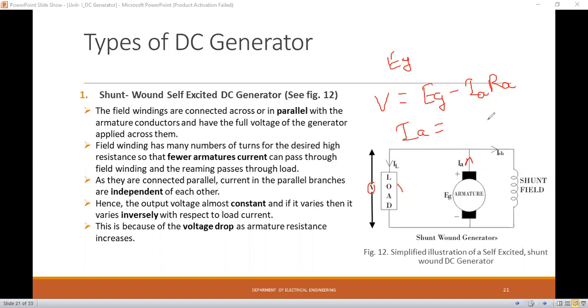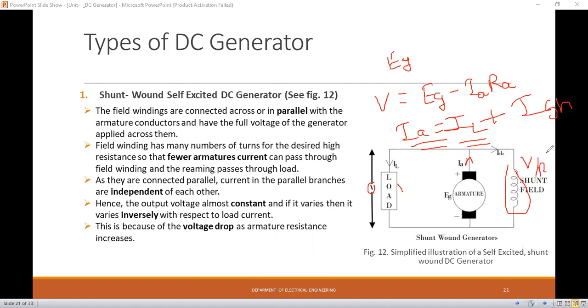IA is equal to IL plus ISH. हे प्रॉब्लेम मध्ये यूज होणार आहे आपल्याला. So while solving a problem, suppose the load current is given, at that situation we want to calculate the IA, or IA is given, for that we are able to calculate the IL, and ISH is calculated if the resistance is given. याचा रेजिस्टन्स दिलेला असेल तर व्होल्टेज माहिती आहे तुम्हाला, पॅरलल मध्ये जे व्होल्टेज असेल ते सेम असेल.